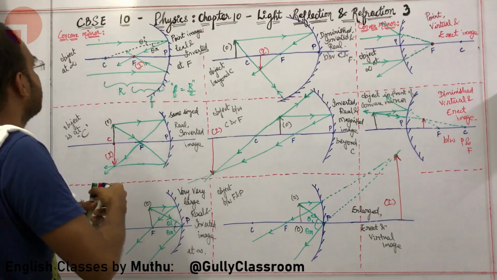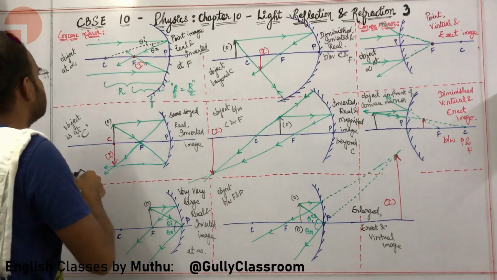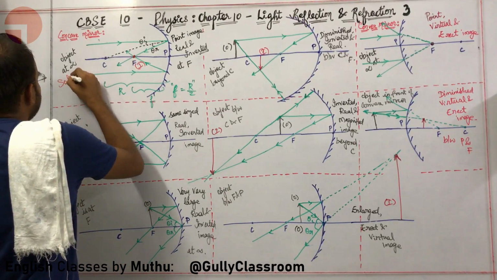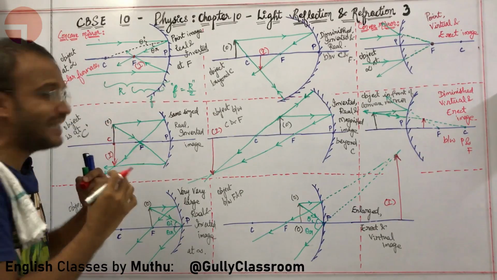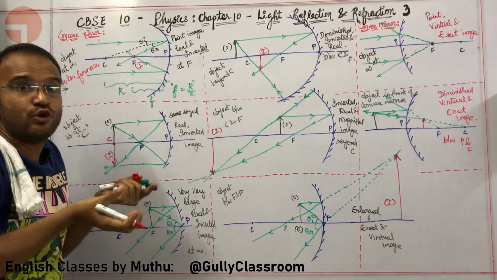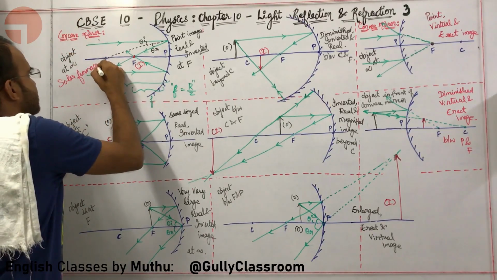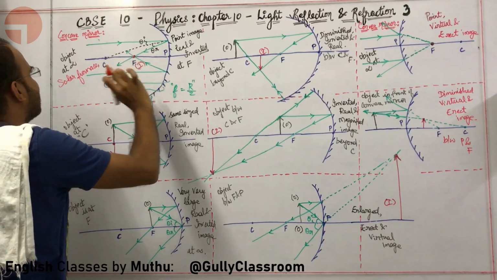For concave mirror, the different applications that can be used are, it is used in a solar furnace. How, sir? In a solar furnace, you need to concentrate energy. Here the light from the sun can be concentrated over here. You can get high temperatures that can be used in a solar furnace. Okay, sir. What is the next application where I can use this particular diagram?